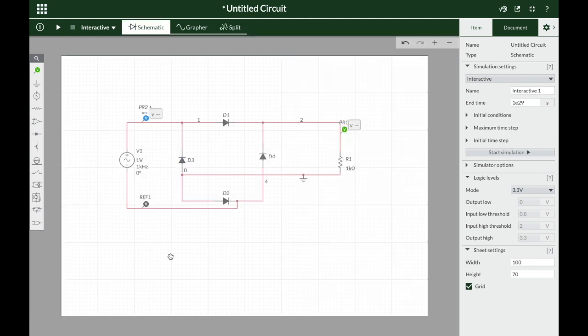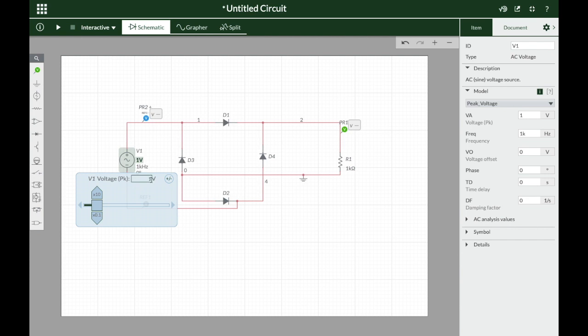We will first see that the AC source we have selected is giving us frequency and amplitude as we desire. This is giving us frequency of 1 kHz and amplitude of 1 volt. The frequency here does not matter. We can go ahead with the frequency of 1 kHz. We will select the voltage to be little higher to see the output properly. Even if we go ahead with 1 volt, it will not matter, but I will select this voltage to 5 volts.